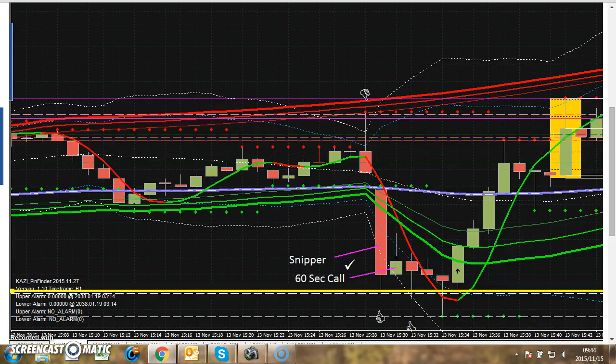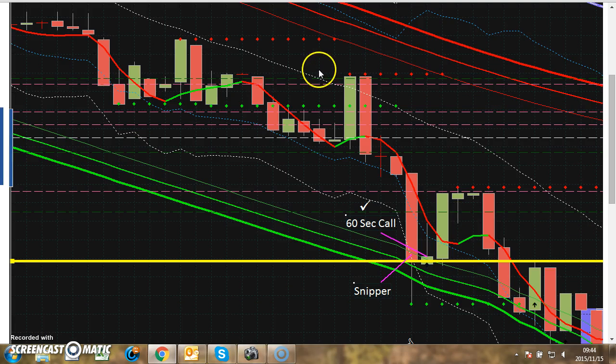If we go to the next one. Again, price is there and then it starts coming down. It hit this impact zone. And then one question. Compare the size of a body to the wick. Is the size of a body between 65 and 80%? I say yes. So what I do is the next bar open, I take a 60-second call, and what an easy win. This is what I was talking about.